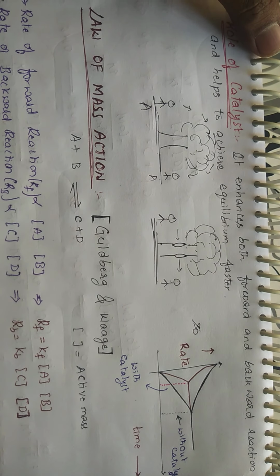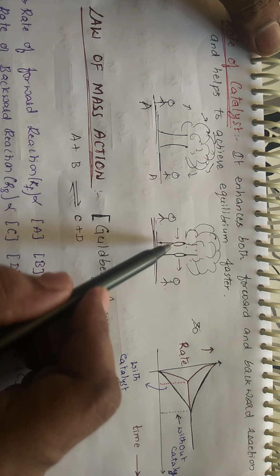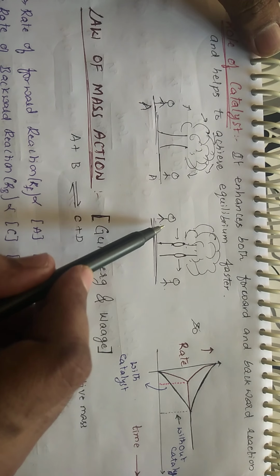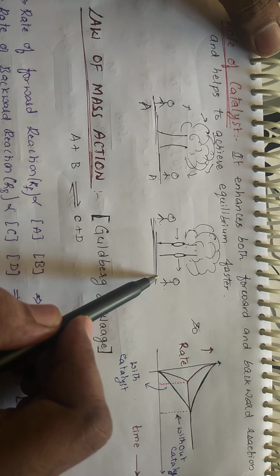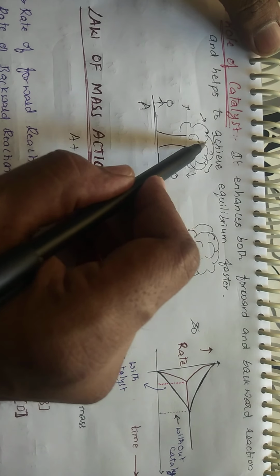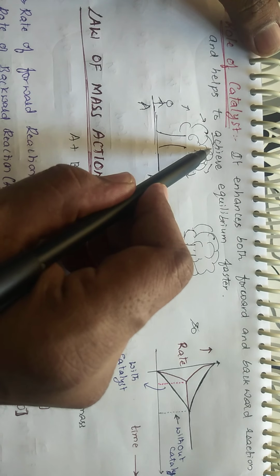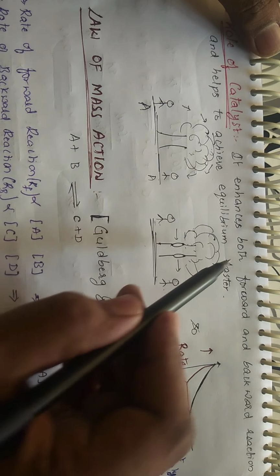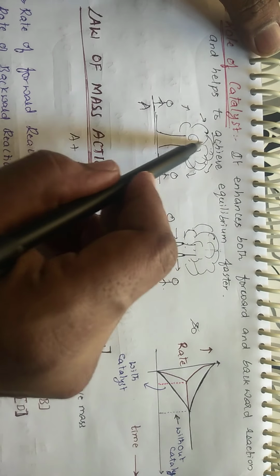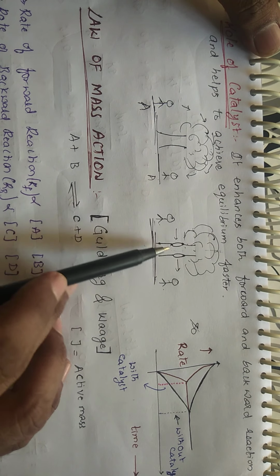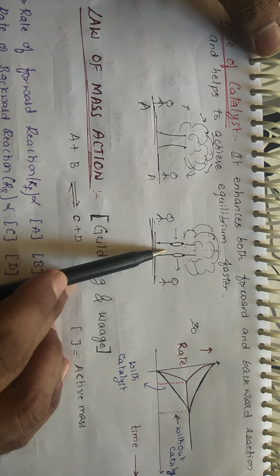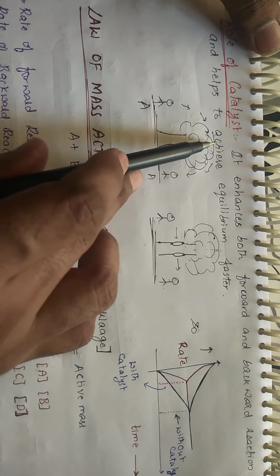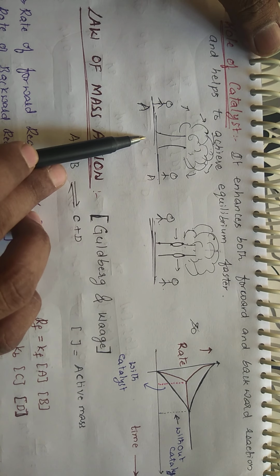Suppose there is a catalyst, what happens? He makes a hole in between and crosses through it. To come to the middle point the other way, it takes a lot of time; here, it takes less time. But the equilibrium is in the middle here, and also in the middle there. It is not disturbed. So you can come to the center point very fast by using a catalyst, and here you come to the center point very slowly.